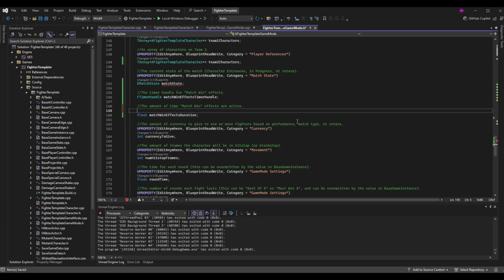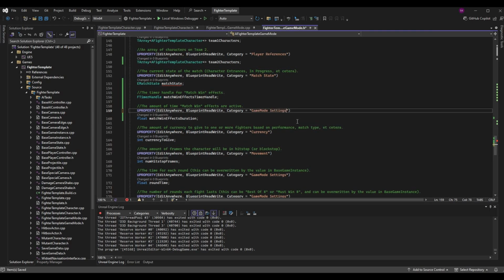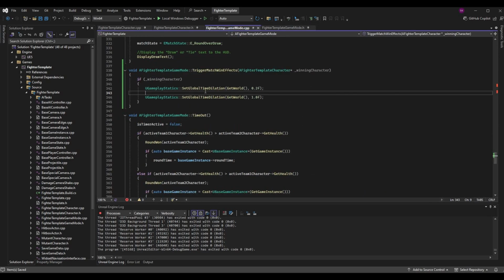We can make the match win effects duration a UPROPERTY of EditAnywhere, BlueprintReadWrite, with a Category equals GameModeSettings if we want to. This will allow us to edit it in the blueprint so we can change the time very easily if we want to. And once we have these two variables, we want to go back to the fighter template game mode